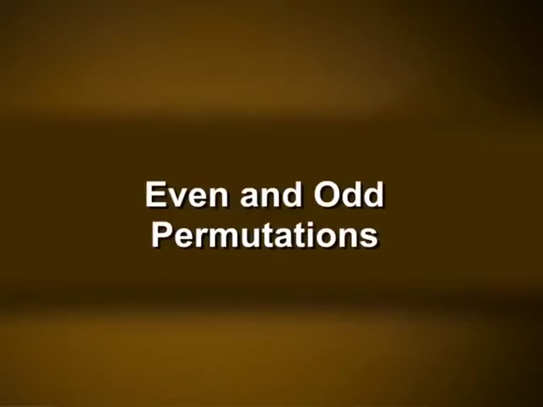Even and odd permutations. Definition. A cycle of length 2 is a transposition. Thus, a transposition leaves all elements but 2 elements fixed and maps each of these onto the other. A computation shows that the cycle (a1, a2, ..., an) is equal to the cycle (a1, an) times the cycle (a1, a(n-1)) times ... times the cycle (a1, a3) times the cycle (a1, a2). Equation number 1. Therefore, any cycle is a product of transpositions.